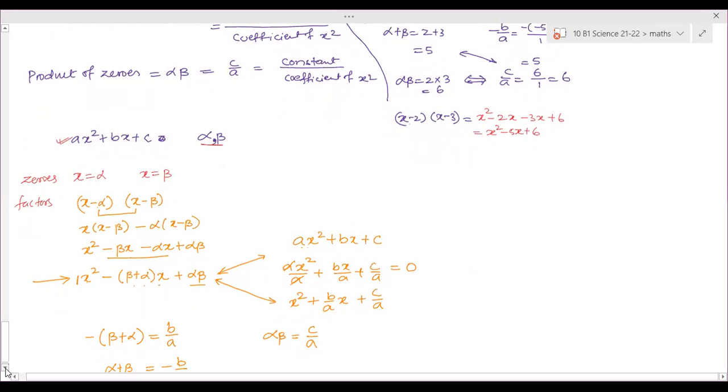Ma'am, I have a doubt. In the second step, if we take x minus alpha common, then still we'll get the same result, right? Like you took x minus beta common. Product you can find out anywhere. That's not a problem. You can find the product any way. Binomial into binomial you have to do, so break any of the brackets. Okay, ma'am.